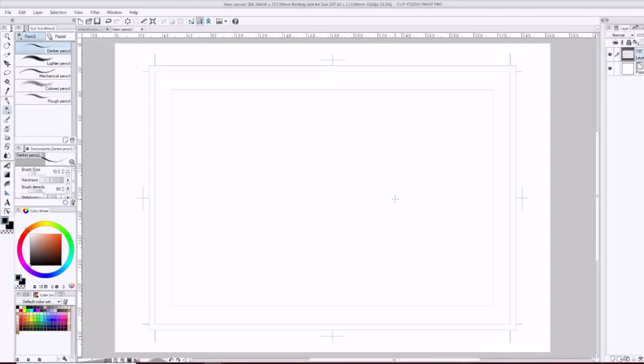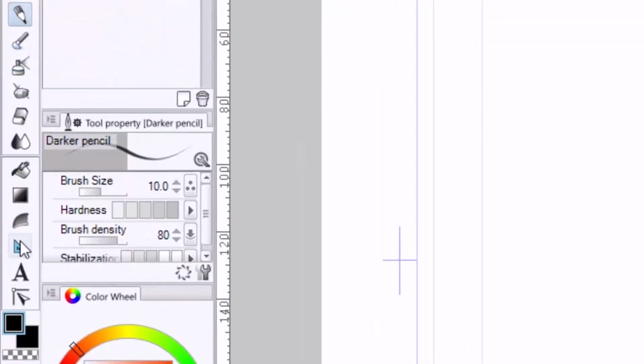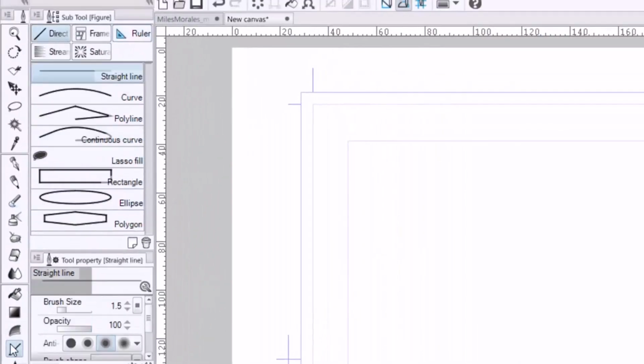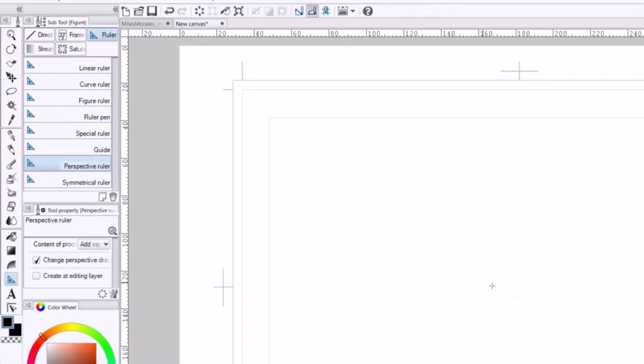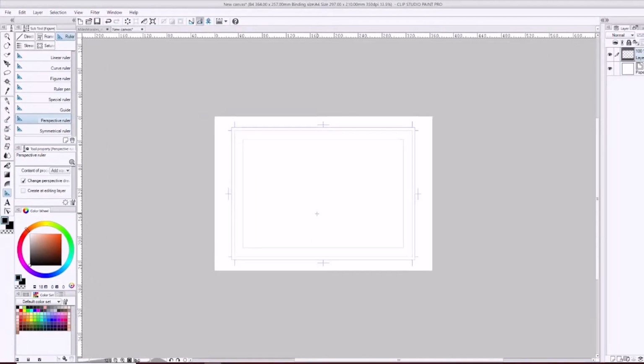It's a really handy tool, and this is what I use to create my backgrounds. So over here, I like to use the brush, just the normal default brush that is set in Clip Studio Paint. And here is the perspective ruler. It's usually hiding in the line tool, and then there's a subfolder there with the option for a ruler. And we want the perspective ruler. So I'm going to grab that, and then I'm going to start laying out some lines